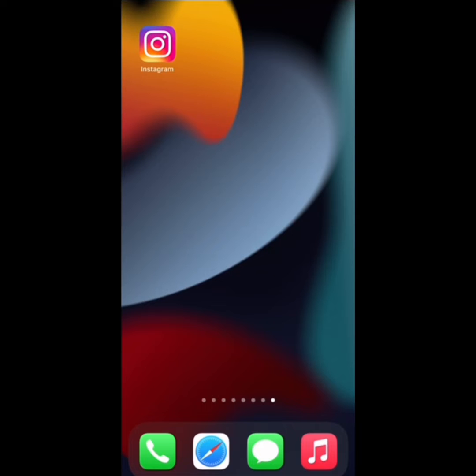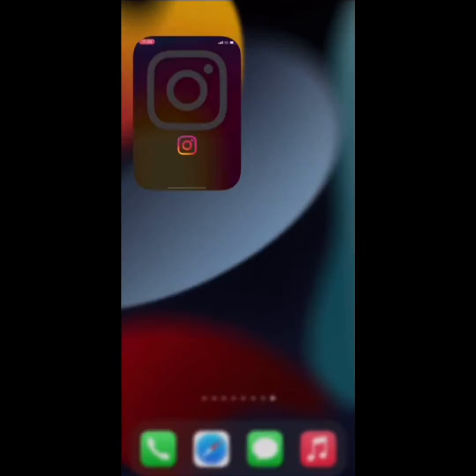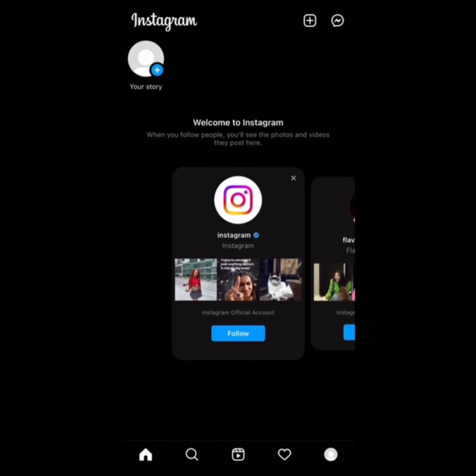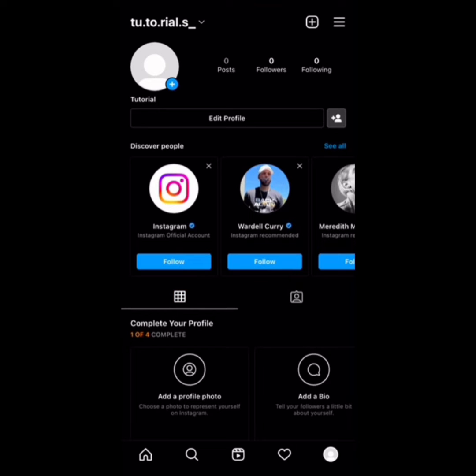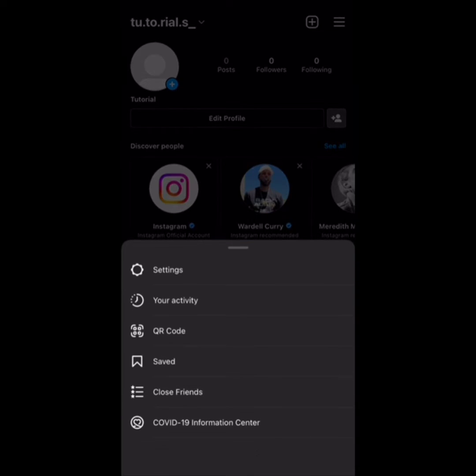So first step is open your Instagram account. Open your Instagram and go into your profile. Now right here, this is the profile of the new account I just created for this video. So you're gonna have to click on the three lines at the top right corner of your screen, and now you're gonna see a bunch of options right here. So just click on settings